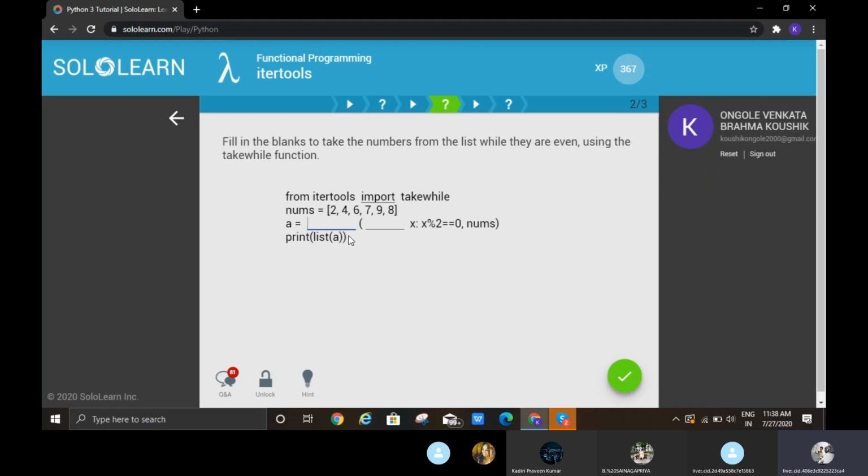Anyone can answer this one, using the takewhile function. a equal to takewhile, lambda, lambda x colon x percent 2 double equals 0.